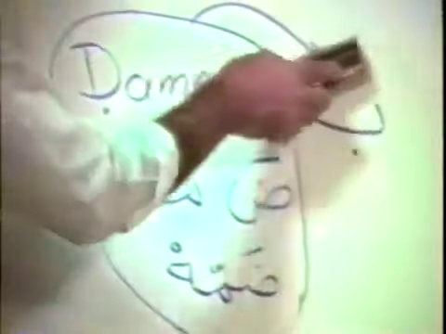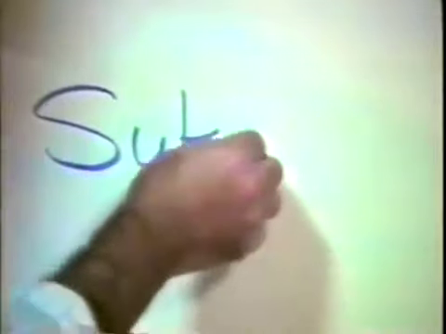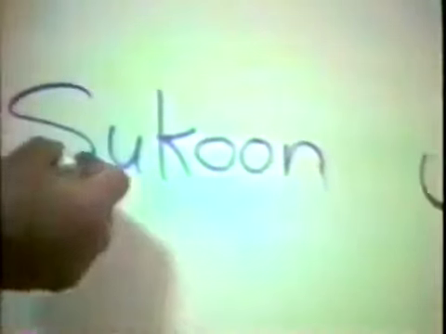The next vowel that I want to explain to you is the sukun. Sukun meaning stop. And of course, you know by now that there's just a little circle on top of the letter. It is called sukun. Sukun. This is N. And to write in Arabic, the S, of course, you remember, looks like this.